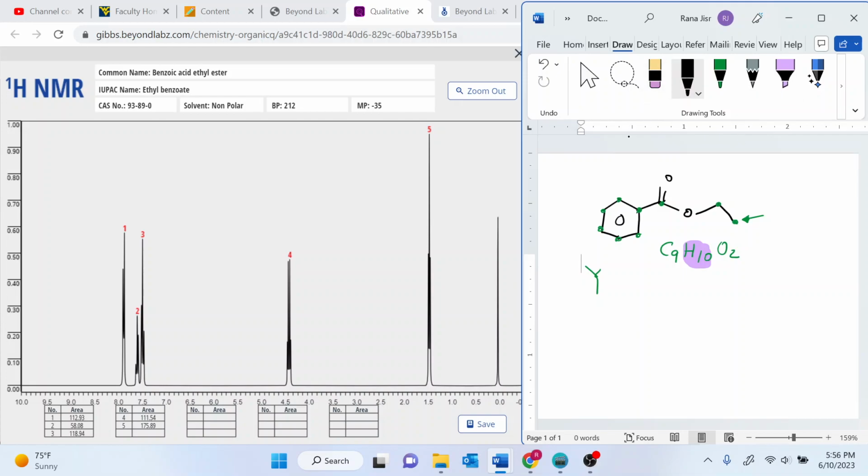So go ahead and take y and divide it by the number of hydrogens. It's exactly as I did in the video when I was explaining the proton NMR. And let's say if you get a number m, then you're gonna take each one of these peak areas, and you're gonna divide it by m. So you're gonna take 112.93, you're gonna divide it by m, and you're gonna get a number. That number, you're gonna round it to the nearest whole number, and it's gonna correspond to the number of hydrogens